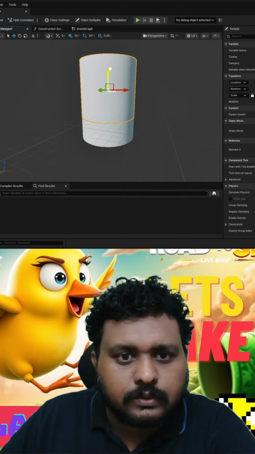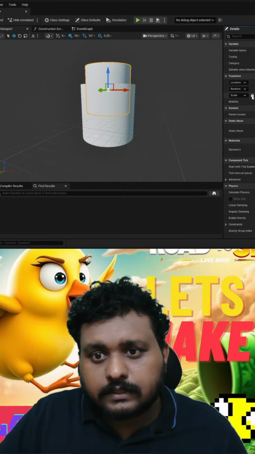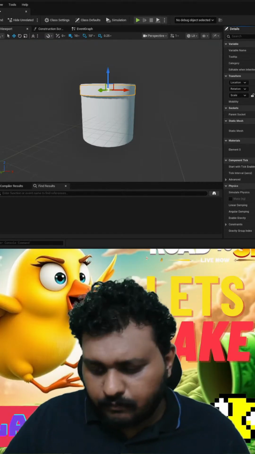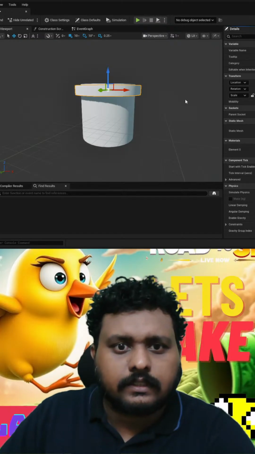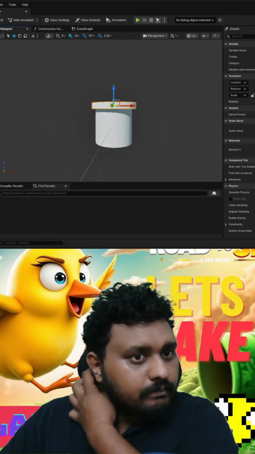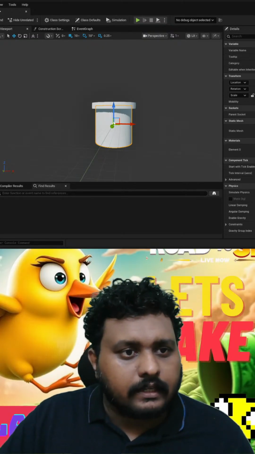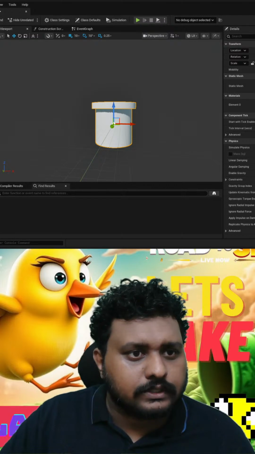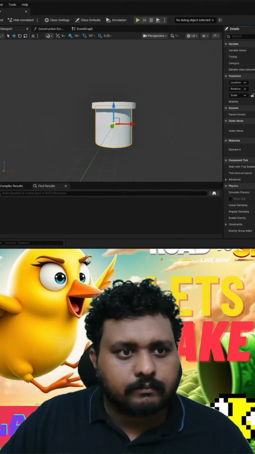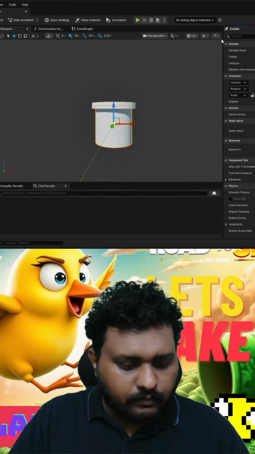Okay, and let's try to resize it to get the feel of a pipe over there. So let me just reduce the z value a little bit, and then increase the x to 1.2 maybe. See, right now you have a small pipe over there. How cool is that? It's so simple, right? And one more thing, I actually need to have some more stuff over here, and I need to create a copy of this, and instead of top one, I'm probably gonna call it, I think this is the top one, this should be the bottom one, right? Oh, we can just rotate it, no problem. Bottom